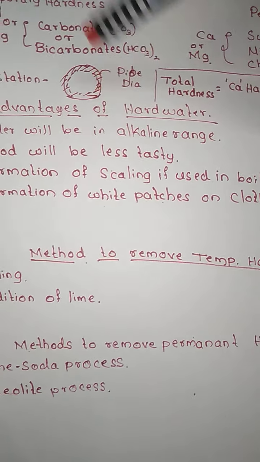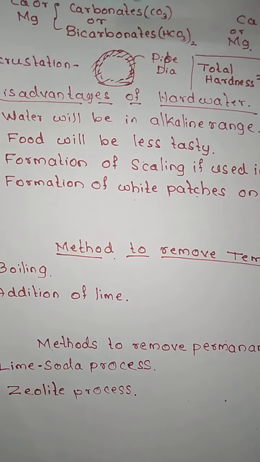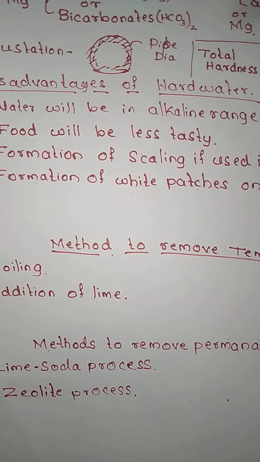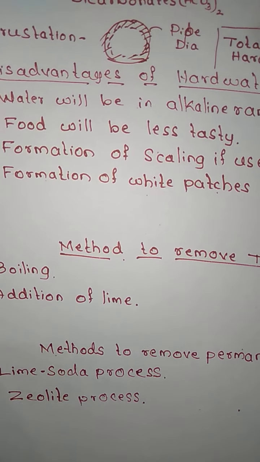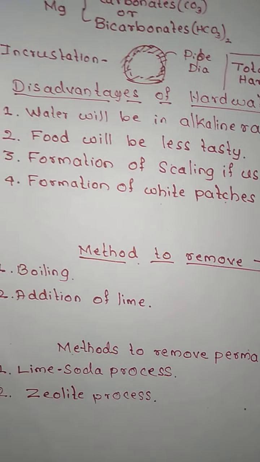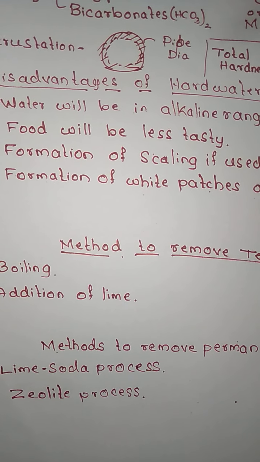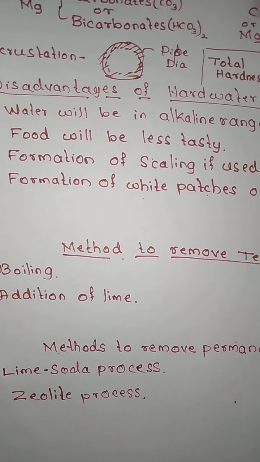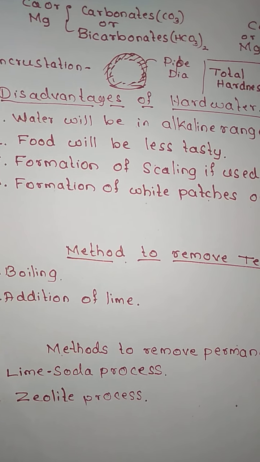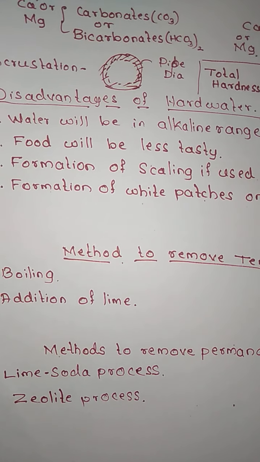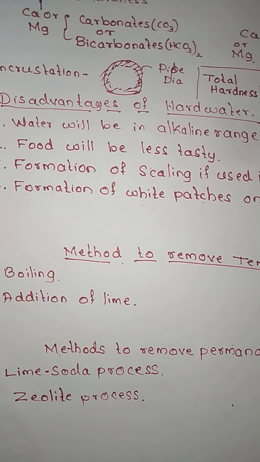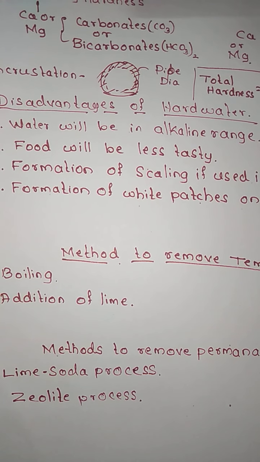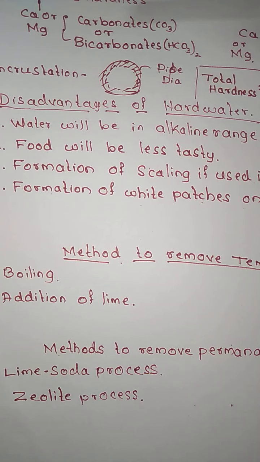It is due to the presence of calcium, magnesium, carbonate, bicarbonate, sulfate, nitrate and chloride that it is going to form scale. That means white scaling will be observed on the boilers or any of the containers. If you are continuously using it, it is going to form white patches. Due to this scale formation, whatever heat you give to the boilers will be lost, because it is going to be absorbed by this scale.